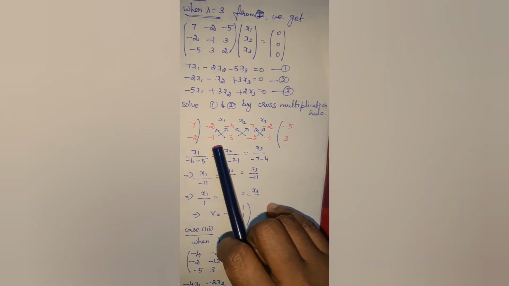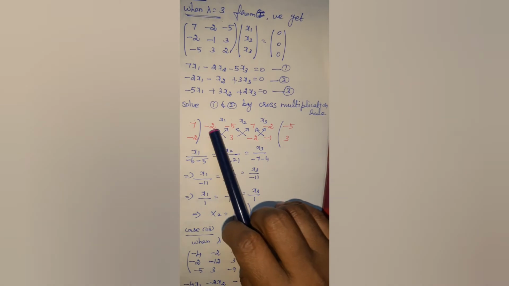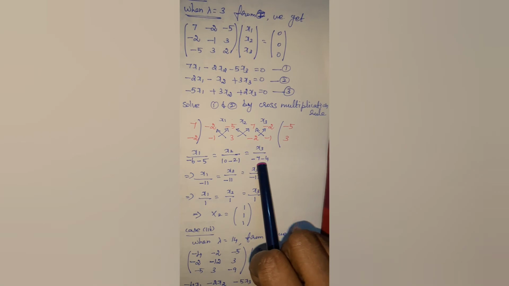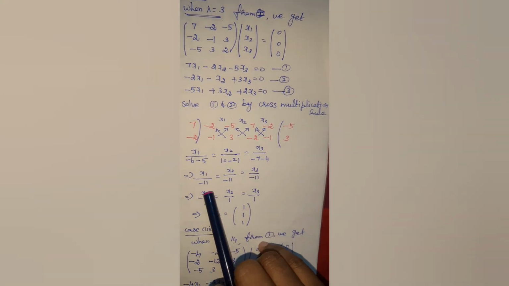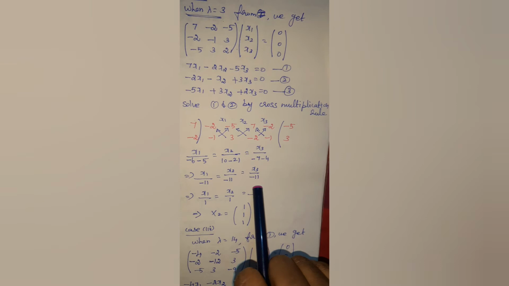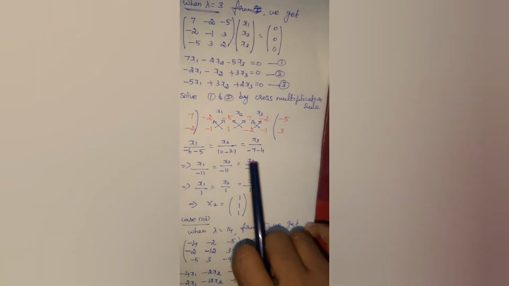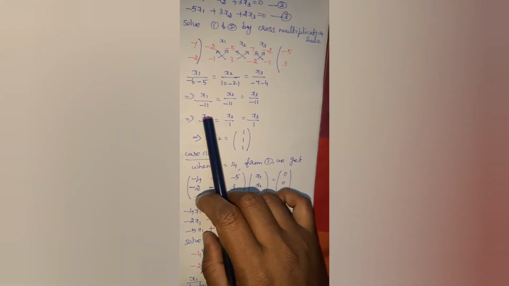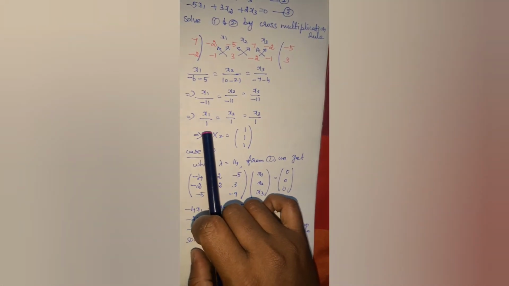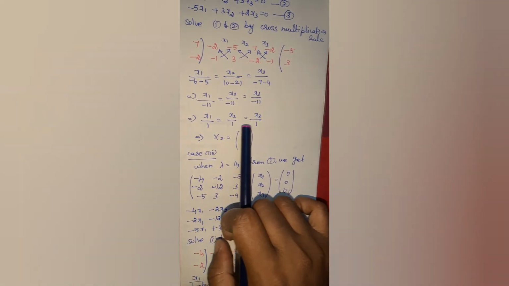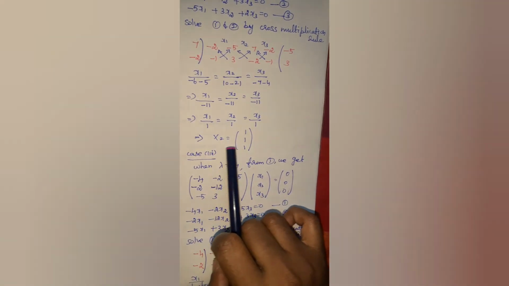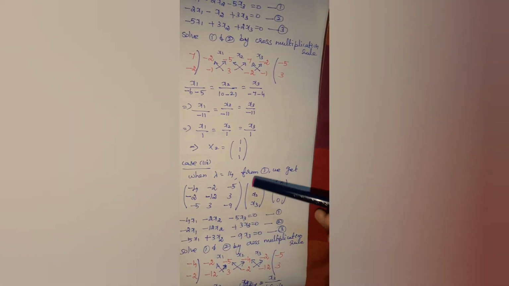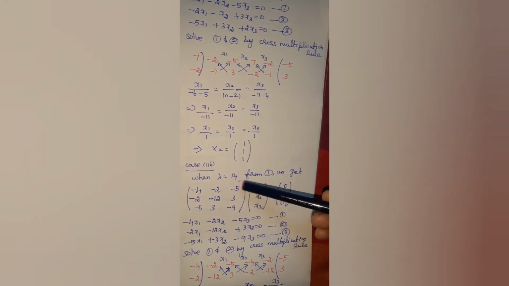First one is x1 by, take the first determinant, 3 into minus 2 minus 6, minus 5, and then x2 by, x3 by. Then your value is x1 by minus 11, x2 by minus 11, x3 by minus 11. Note that in each and every ratio the denominator term is minus 11. So throughout you divide by minus 11. So you will get x1 by 1, x2 by 1, x3 by 1, which is your second characteristic vector 1, 1, 1.